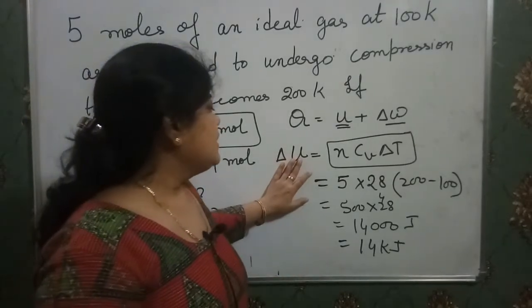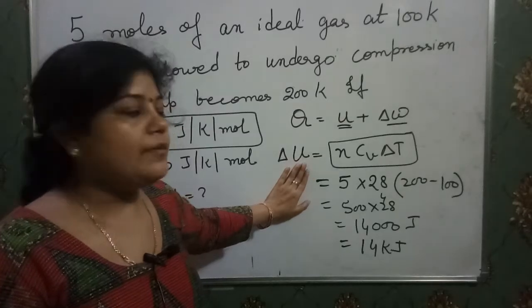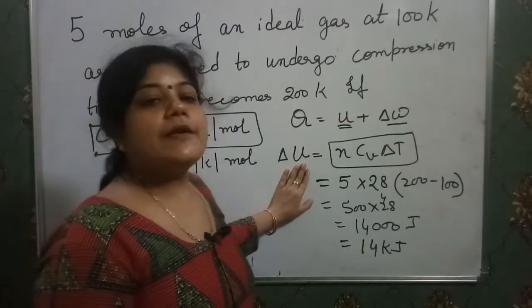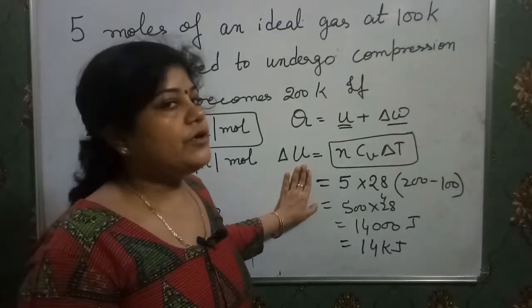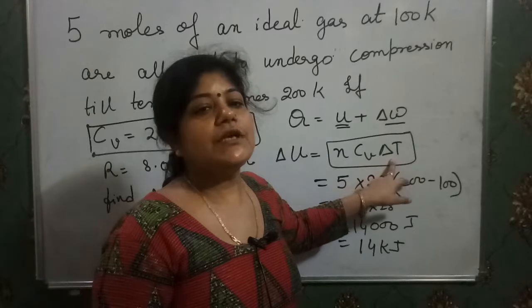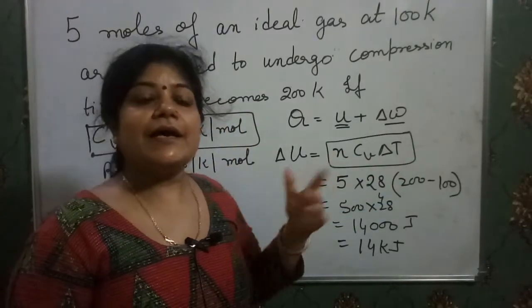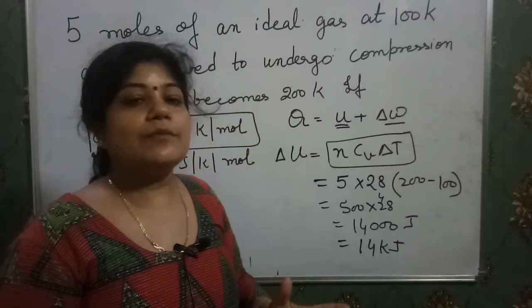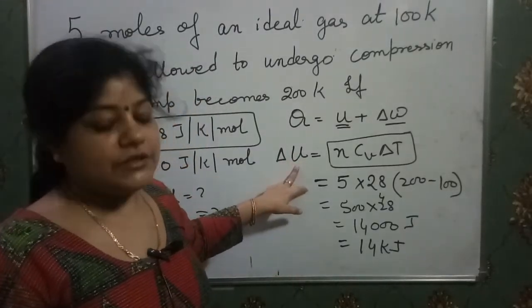Internal energy is a thermodynamic property. It is a property of the thermodynamic system, and it depends upon the initial and final positions and does not depend upon the path. When there is no change in temperature, the change in internal energy is 0. That is, for an isothermal system and for a cyclic process, the change in internal energy is 0.